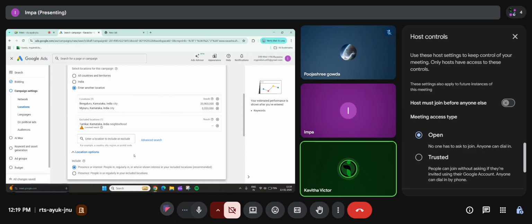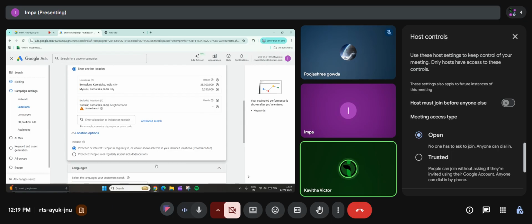Presence or interest. So you're in Tumkur, but you're showing interest in Bangalore. You're searching for places near Bangalore, places to visit in Bangalore, but you're located in Tumkur. That is what is mentioned in these two options, presence or interest. People in or who have shown interest in the included location, that is recommended. You're going to target people who have shown interest in Bangalore too.